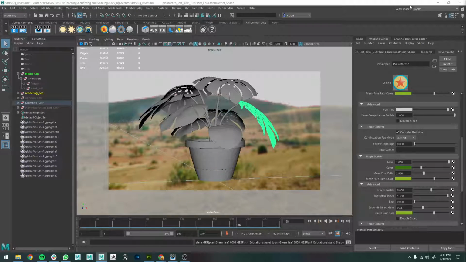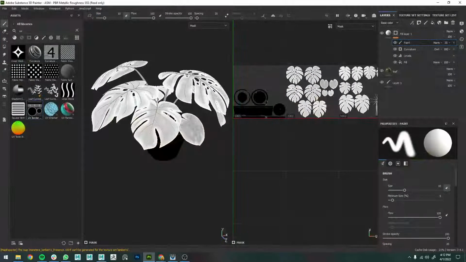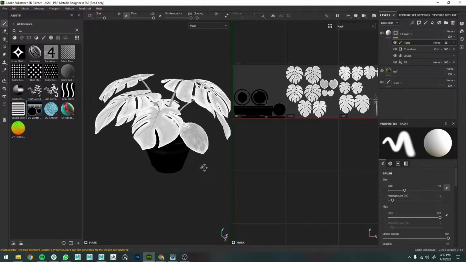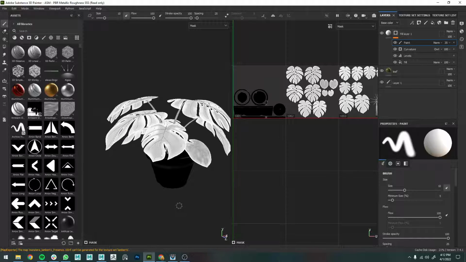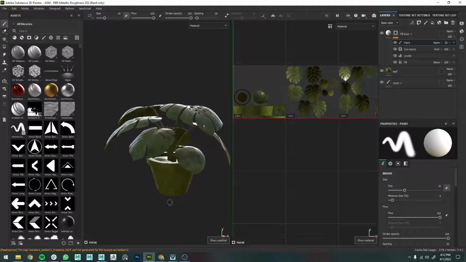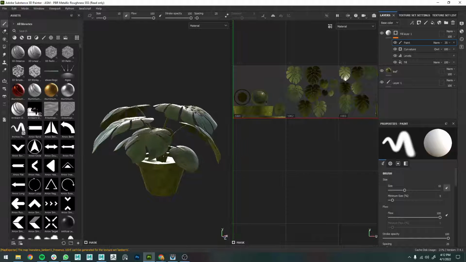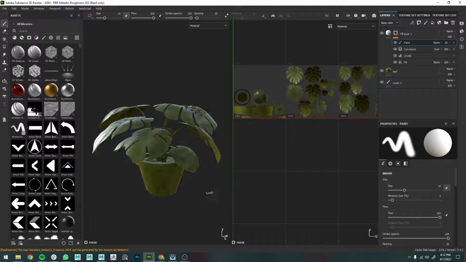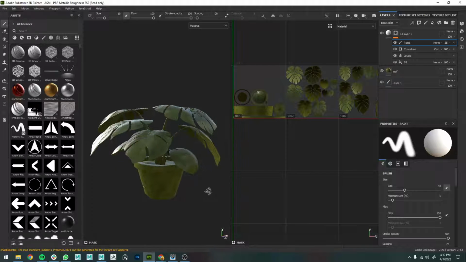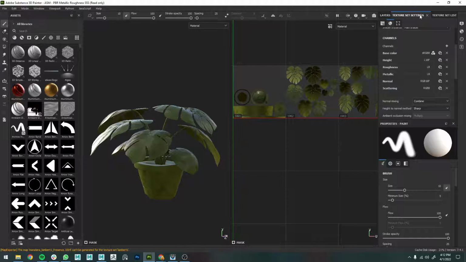So I'm going to come out here to Substance Painter. In Substance Painter, I have this material right here, or this object right here. It's kind of a silly one, but all I essentially did was make this really quick leaf. I just grabbed a procedural, dropped it on there, and then what I did was I made sure that my